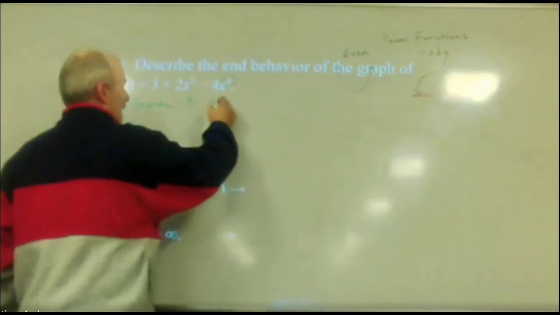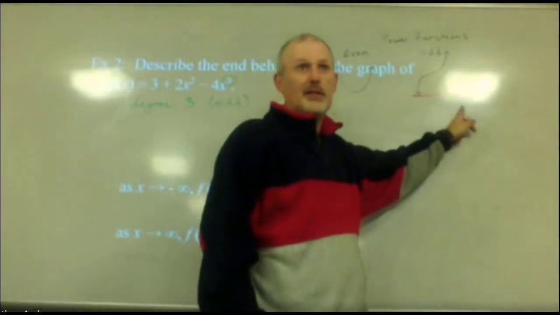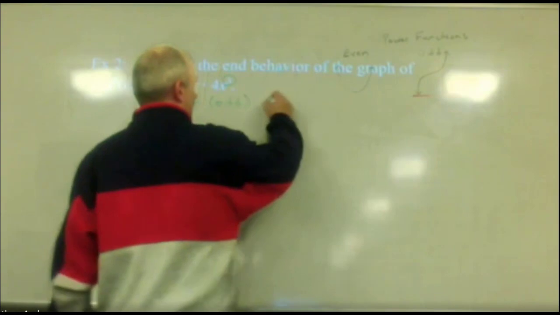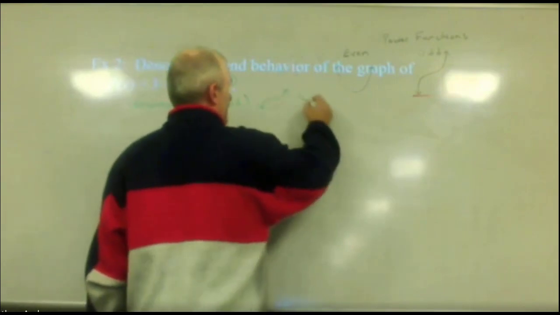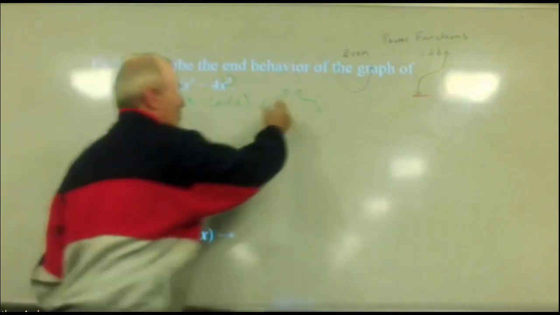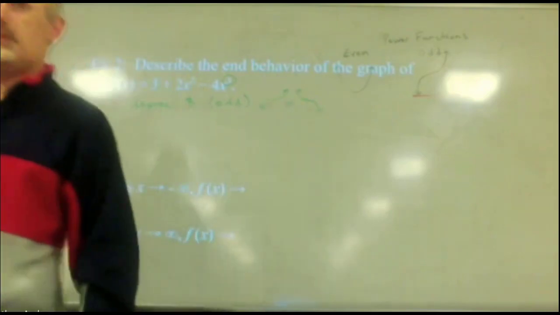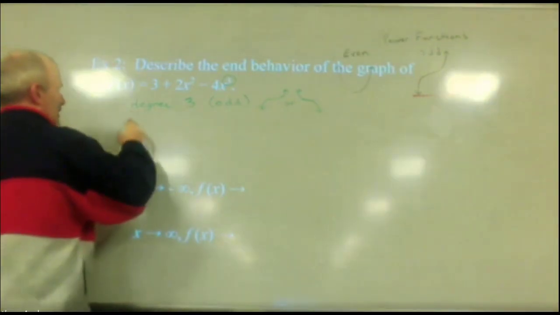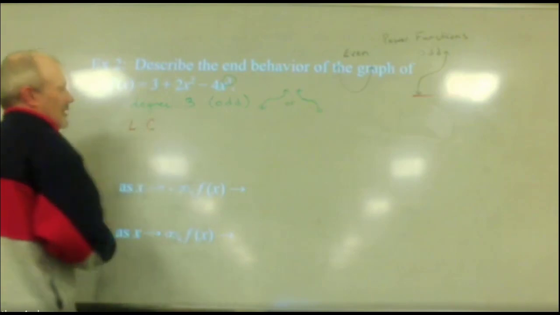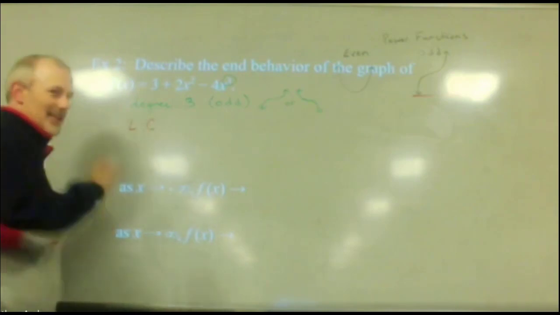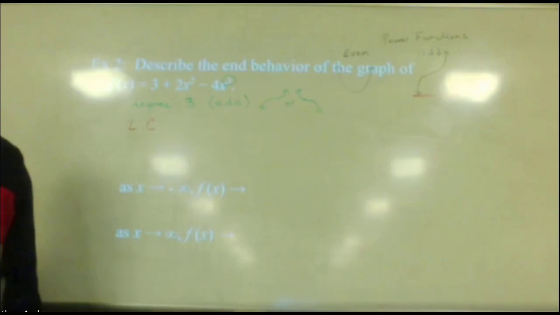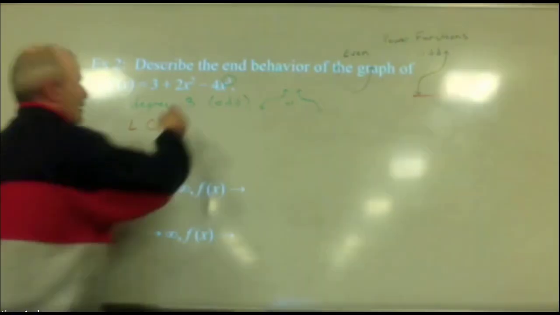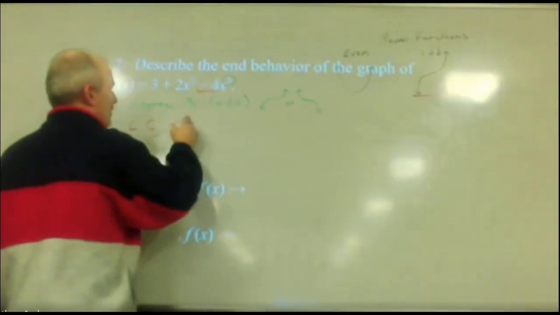And so since it is odd, we know it fits into this group, right? So that means it's either going to look like this, or it's reflected and it's going to look something like that, right? Those are the two options. Does that make sense? So then the other thing we have to look at is the leading coefficient. So what is the leading coefficient in this one? And again, it's not in the right order, so be careful. The -4. And the important thing about that -4 is it is negative,